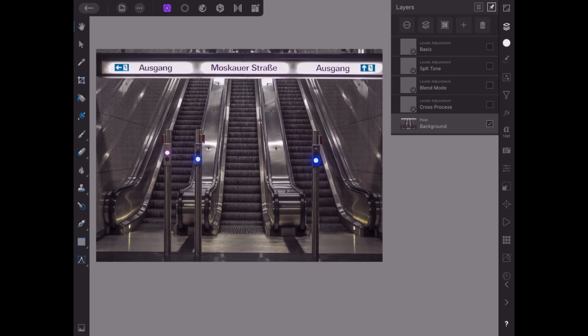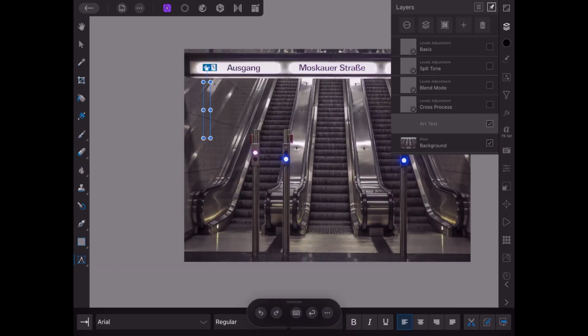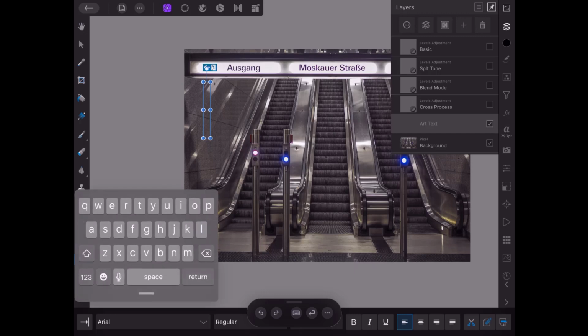So what I did was I highlight the bottom layer, and then using the last option on the left, coming down the left, which is the text option, I'm going to select Art Text, and then I'm going to draw out what I consider to be a decent size of font. That will do there. And as you can see, it has already added a new layer for the art text above that background layer. So what I'm going to type in, it doesn't really matter what you type as such, but I'm going to put in